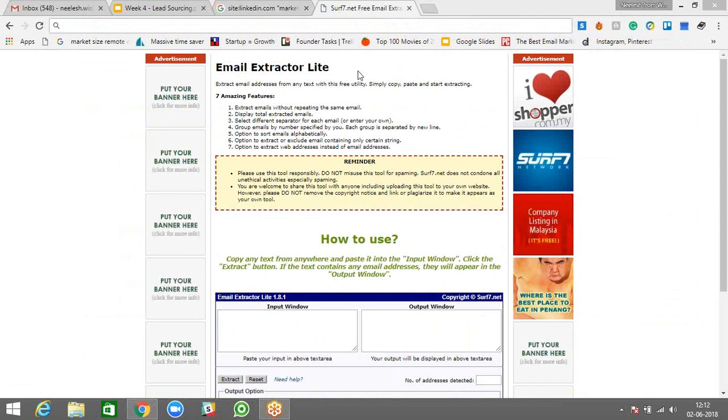It says email extractor lite. 7 amazing features. Extract emails without repeating the same email. Display total extracted emails. Select different separator for each email. Group emails by number specified by you. Option to sort emails alphabetically, option to extract or exclude emails containing only certain strings, blah blah blah.